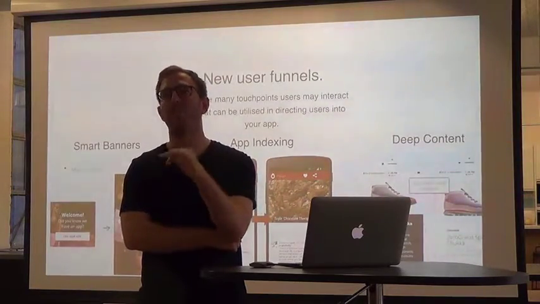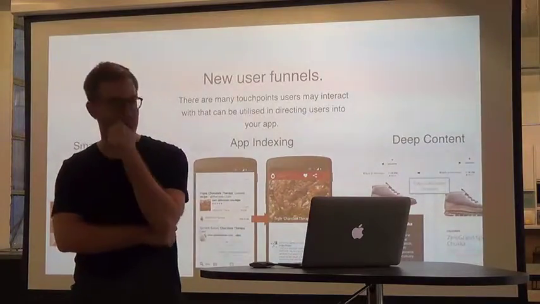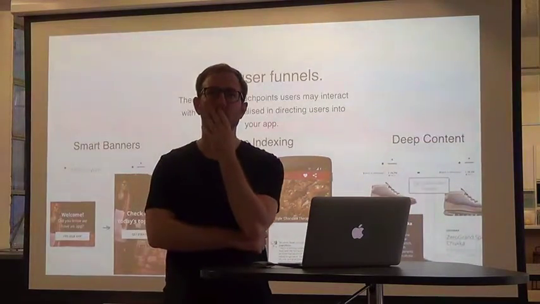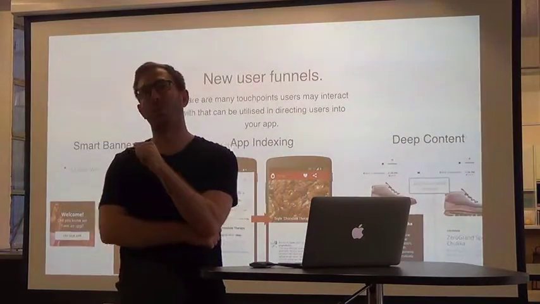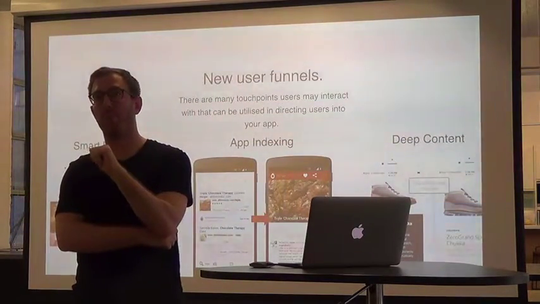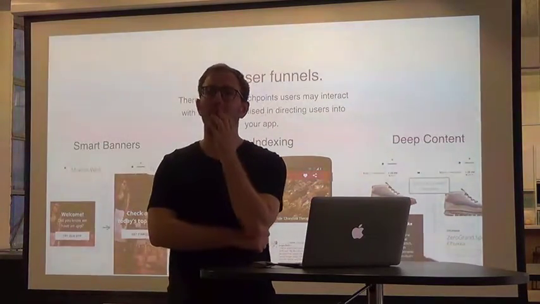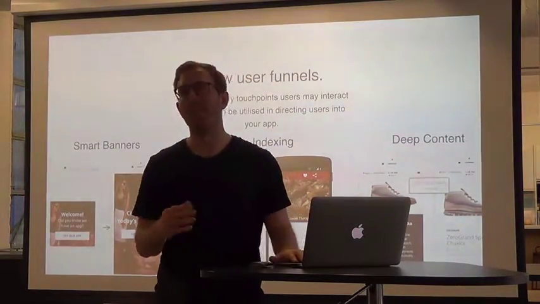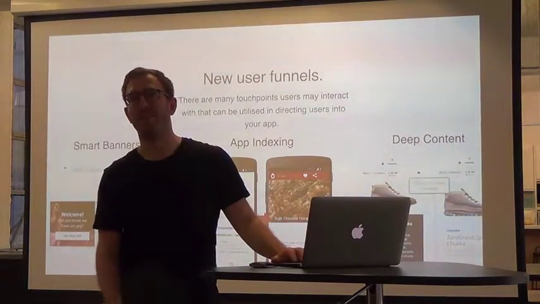These are things which shouldn't be that hard to put in, but a lot of people don't think about it. So just to clarify, Smart Magnets, app indexing, and deep content, that's all available through Branch? Yes, check out the Branch website, because they have some really interesting products. And how expensive? What's the price? I think it's free. They're trying to bring together all the content, so they offer the free products, but they index all of the data.